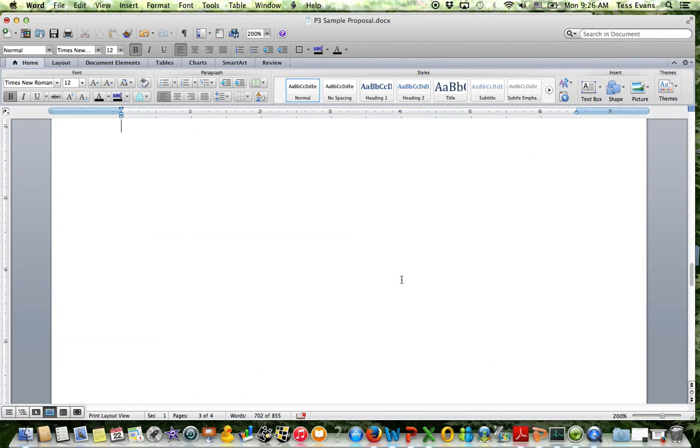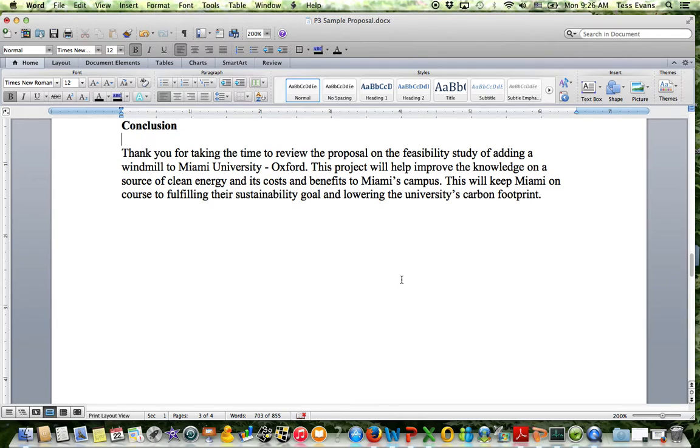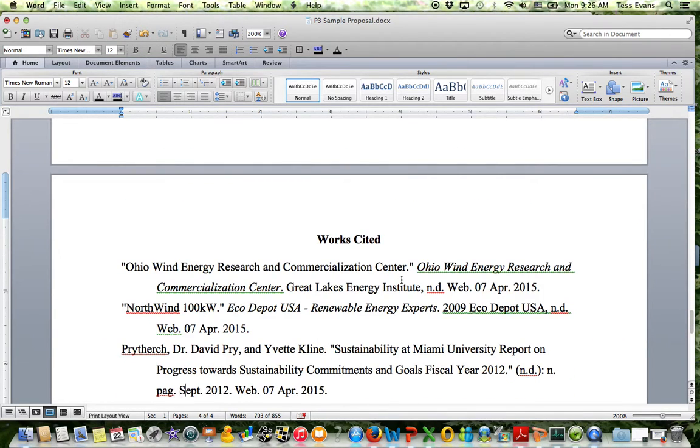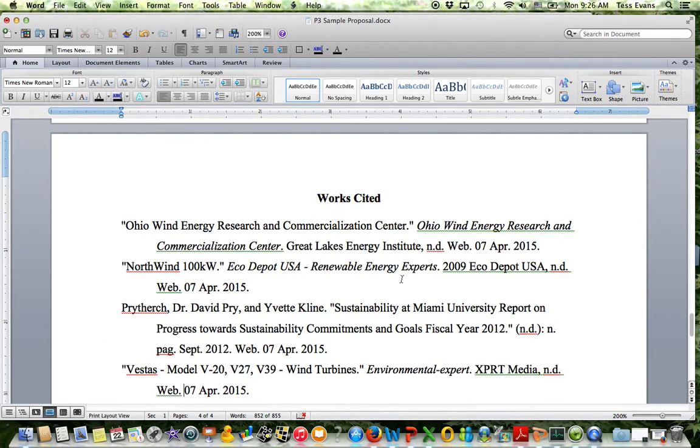Then they have the brief conclusion, and in this case they did cite some sources. So at the end they had their sources listed, and they were using MLA, so it's a works cited page. If you were using APA, the title would be references. And so that's it. I just wanted to give you just a brief look at the proposal